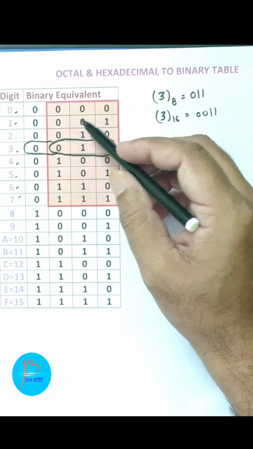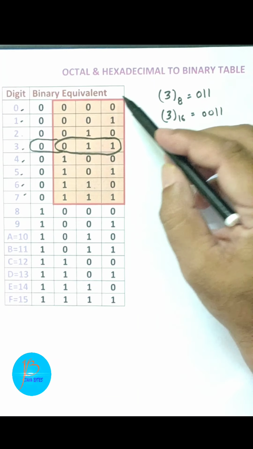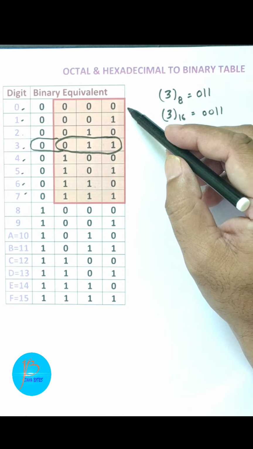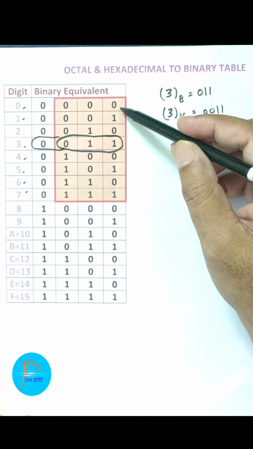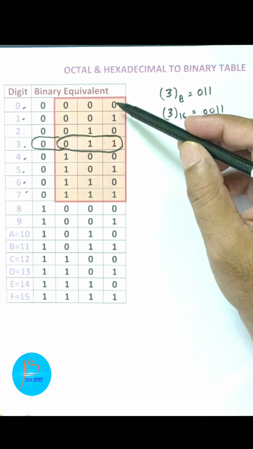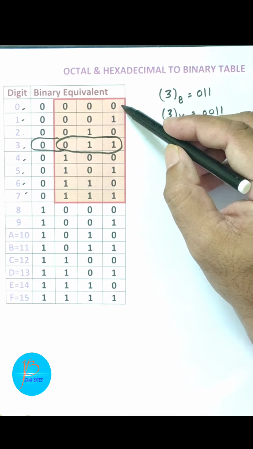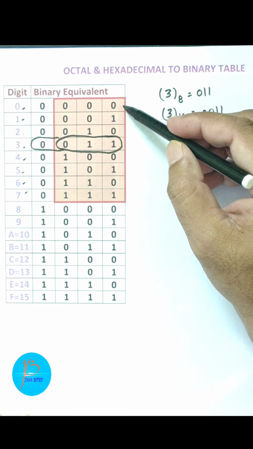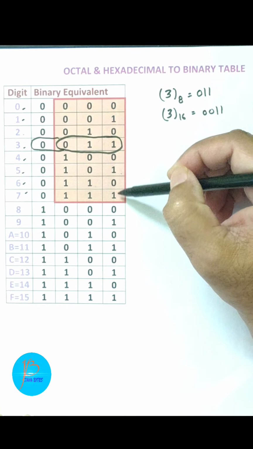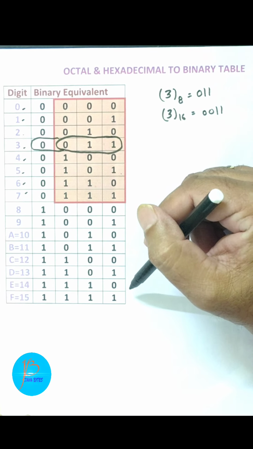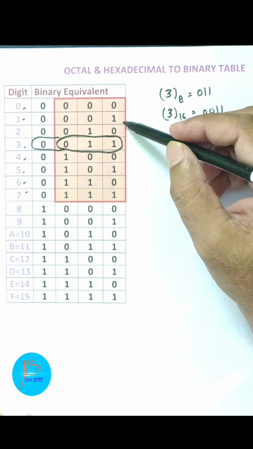So children, when you go through the table, you will find that the table has four columns. Okay, so you will start with the rightmost column. In the rightmost column, children, you know that the table has 16 rows, from 0 to F. So children, you will start from the rightmost column, and in the rightmost column you can see the sequence of the values 0 1 0 1 0 1 0 1, and it will go till the 16th row. Means children, 0 1 will change at alternate rows.